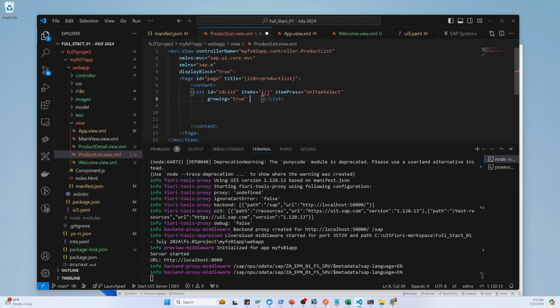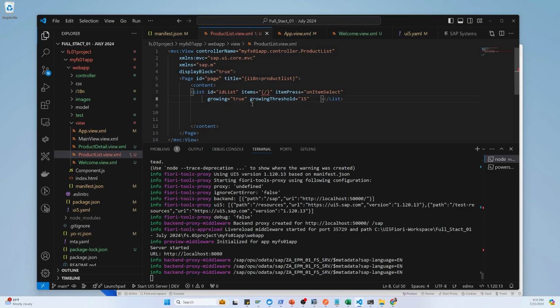And that is growing threshold. I mean that per page how many it is showing. We can give that 15, so that it will show 15 per page. So it will not load all the data. It will load only the 15 data. So basically this is ended here, and now